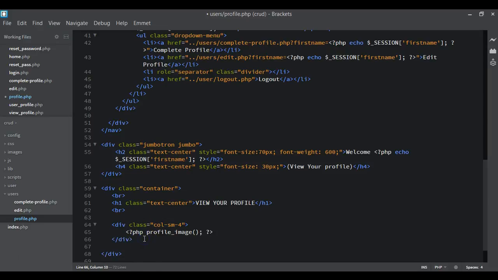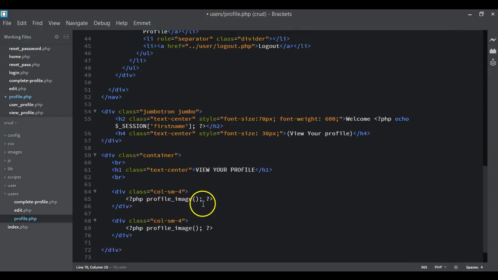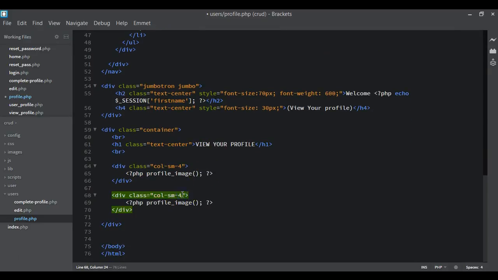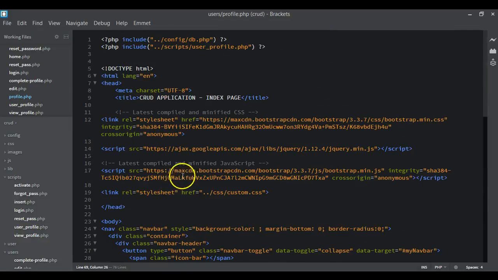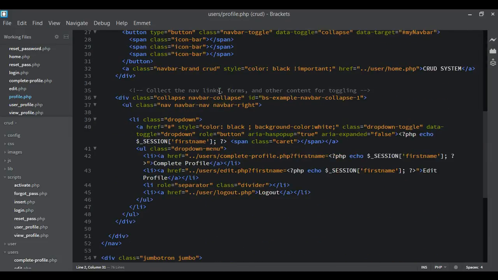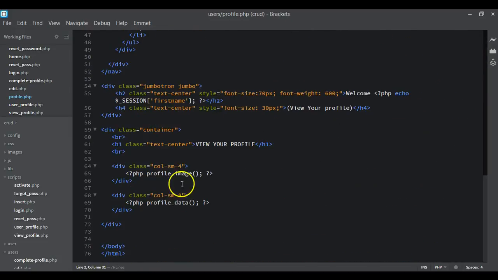Then for the other values, that is the profile data, it's going to be called col-sm-8, and it's going to be profile data. Then before we go to our browser, we need to call this view underscore profile. So at the top here, we change this from user to view underscore profile.php. So having done that, and we have the functions inside the page,